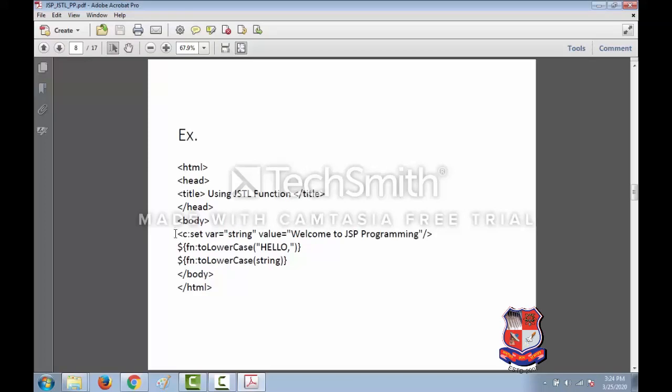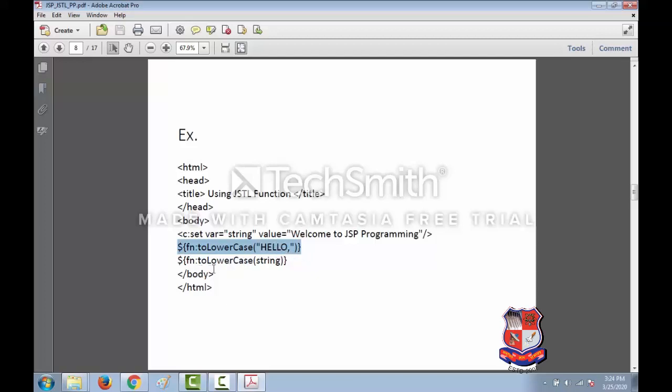So first, c:set, variable name, whatever name you want to specify, then the value we have provided. Now here you can see dollar, then curly bracket, inside that we have used fn:toLowerCase, then hello. So it will convert this hello into lowercase.